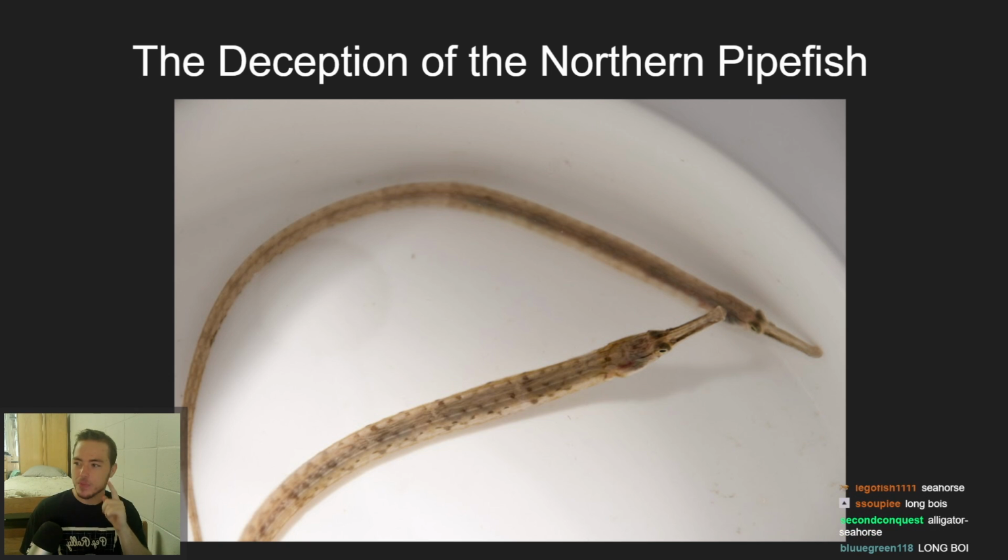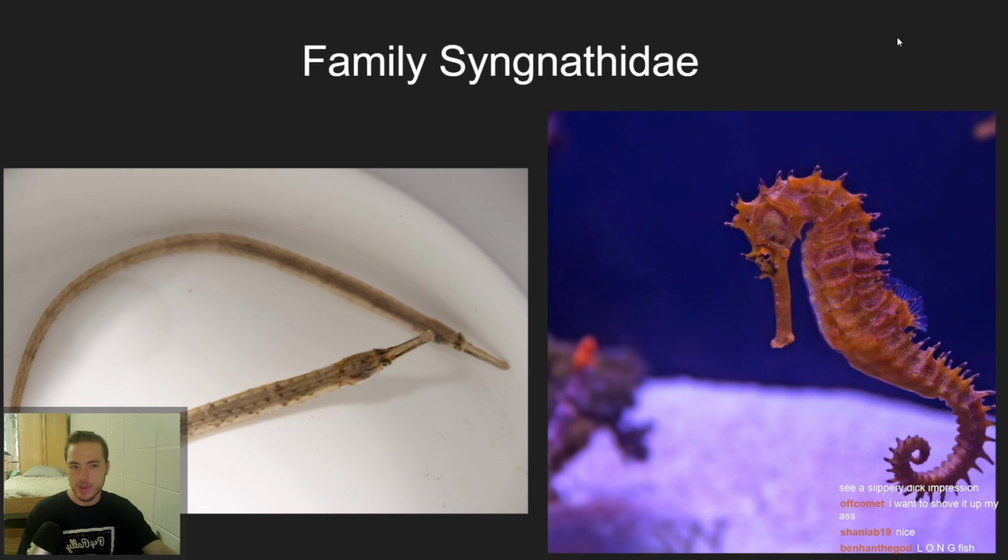But then, when you look at the scientific names, and not just the common names, you see something. The northern pipefish is closely related to the seahorse. And this entire time it's been tricking you. You guys liked the northern pipefish, but you didn't know all along. They were both Syngnathidae. Yeah, that's right. Yep, exactly. You've been tricked. And let that be a lesson to you on why you shouldn't use common names. They will betray you. You won't realize.